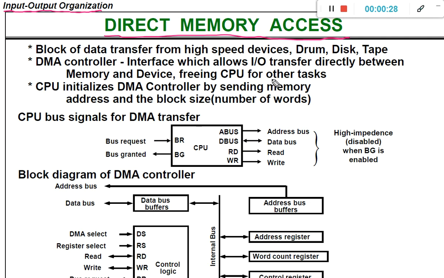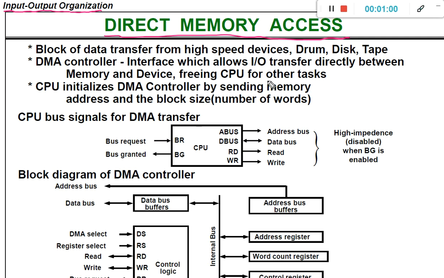In the case of programmed I/O, the drawback is polling. Polling means the CPU needs to continuously check the status bit of the I/O device, whether the I/O device is ready for data transmission or not. So the CPU is busy with polling rather than executing instructions. That is the basic problem with programmed I/O. To avoid the drawback,